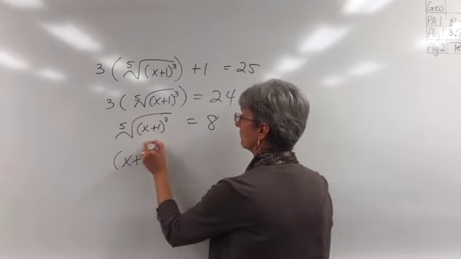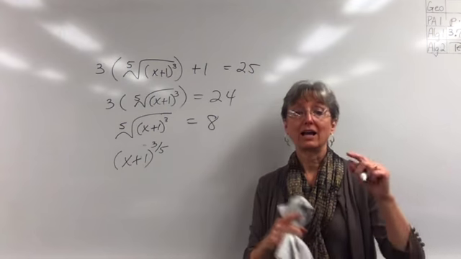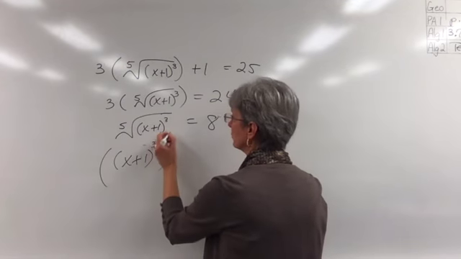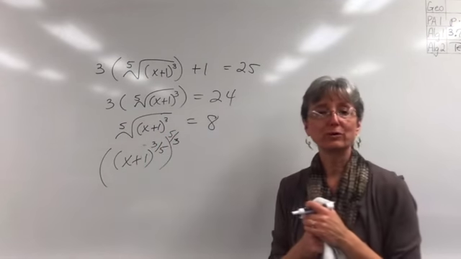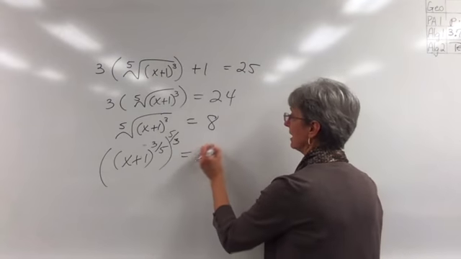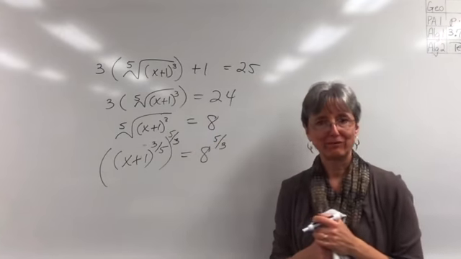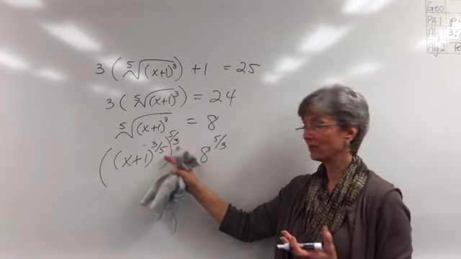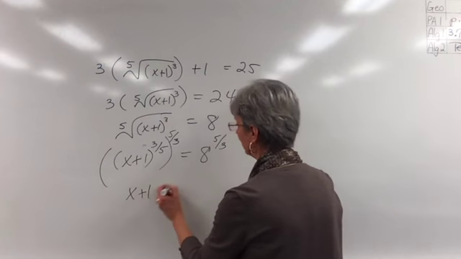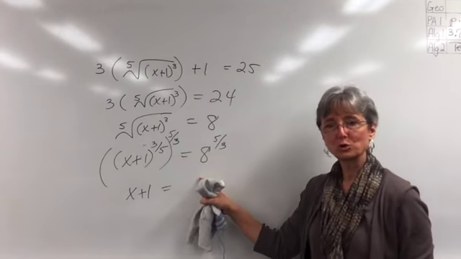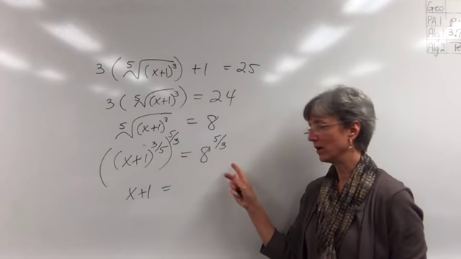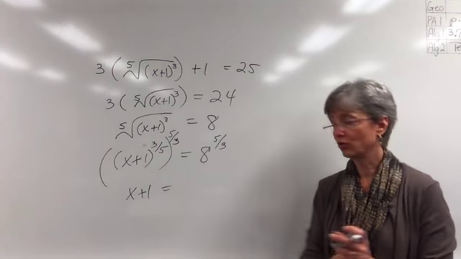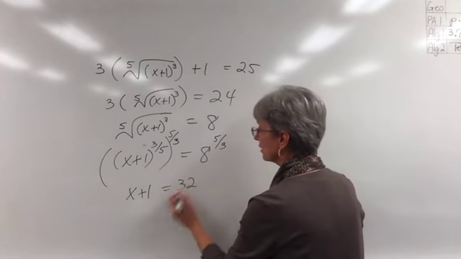Now, to get rid of the power of 3/5, I multiply both sides by its inverse, 5/3. Both sides, 8 to the power of 5/3. And now this cancels each other out, and I'm left with x plus 1. And the cube root of 8 is 2. This is so nice that they have these numbers that work well. Cube root of 8 is 2, and 2 to the power of 5, 2, 4, 8, 16 is 32. 32. So x equals